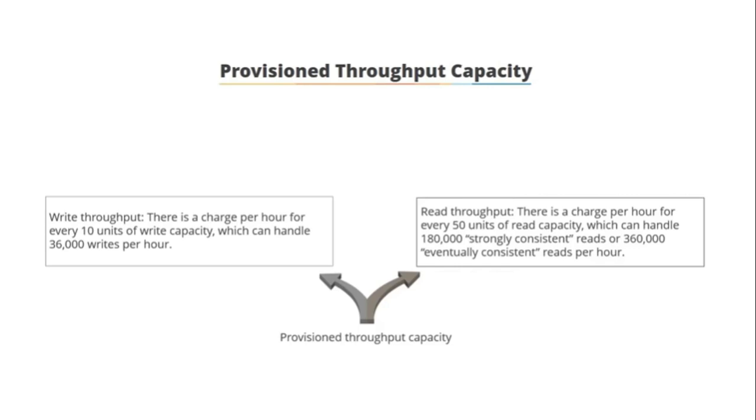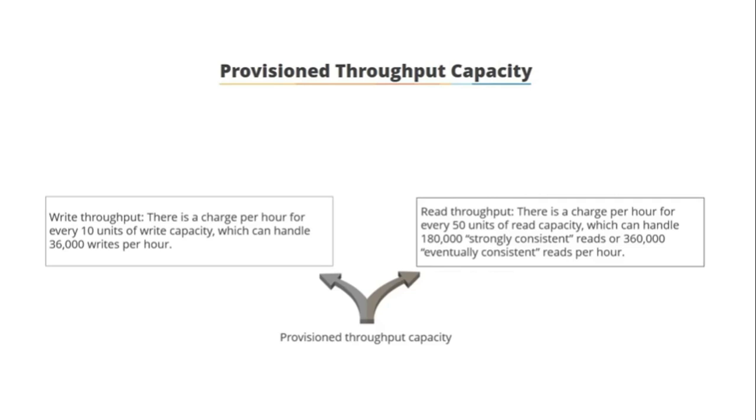So here is provisioned throughput capacity. What is a write throughput? What is a read throughput? For write throughput, there is a charge per hour. Every 10 units of write capacity can handle 36,000 writes per hour. So that is the throughput. Provisioned